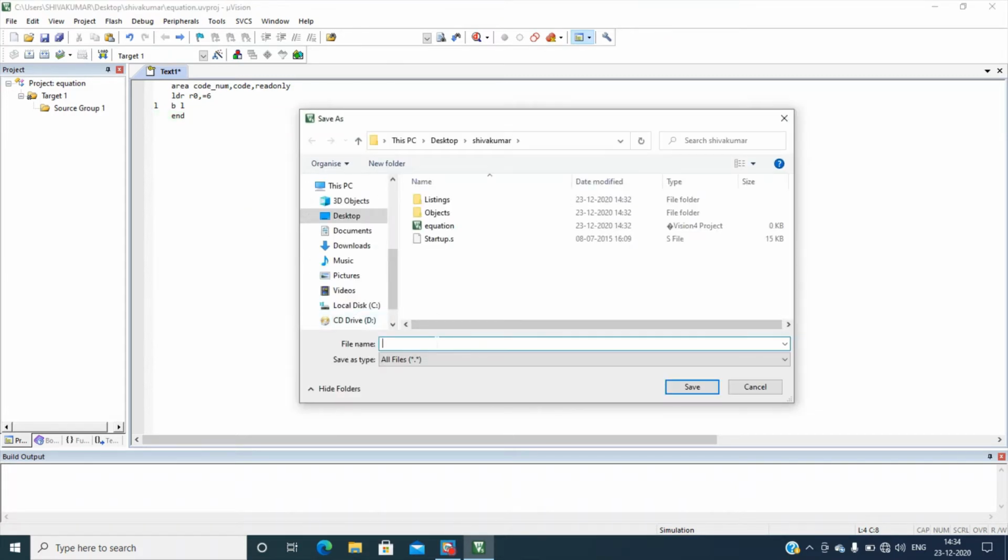I have to save the file as equation_1.asm, with the .asm extension. Okay, save.